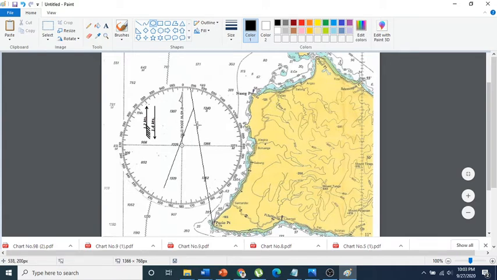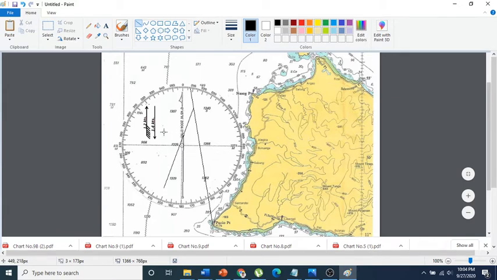And this is your DR. So again, you should always plot the international annotation, DR, LOP, course, and all, but in this demonstration I will not be doing it. Okay, so after you plotted your DR, we will now next put the effect of the current. So this is the current 180, so you put 180, put it here in your DR,